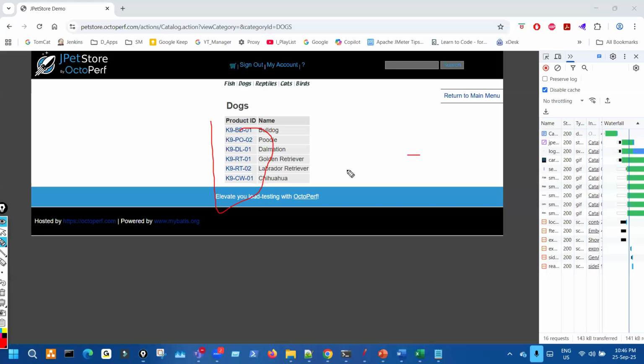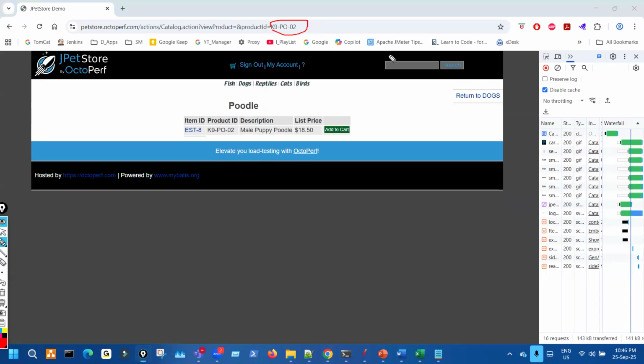Now these are all coming from the server side, so this will all be in the response. We can extract any one of them and pass it back. Suppose one user chooses dog and he chooses a coder, so that goes. Another user also chooses dog, but chooses a golden retriever. One user chooses fish and one kind of fish, another user chooses some other kind of fish. One user chooses bird. Like that, we can make it more